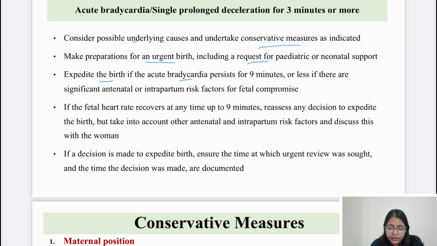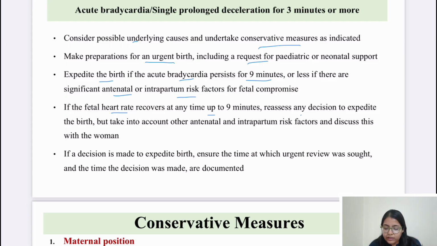Then expedite the birth if acute fetal bradycardia persists for 9 minutes or less, if there are significant antenatal or intrapartum risk factors developing, like abruption, cord prolapse and all. If the fetal heart rate recovers at any time up to 9 minutes, suppose up to 3 minutes you saw that there is bradycardia, then you are preparing the patient for cesarean, so it takes time to shift and all. So up to then you saw that 9 minutes has gone by and now the fetal heart rate is